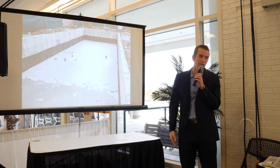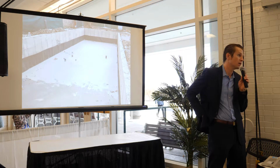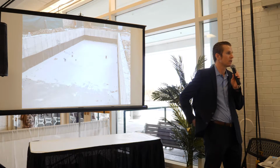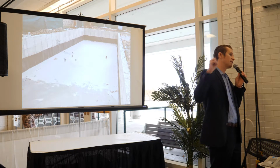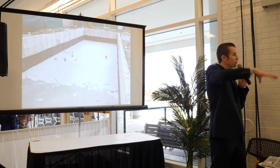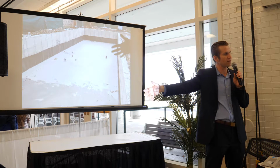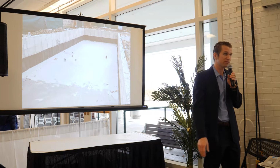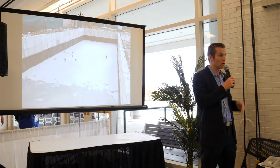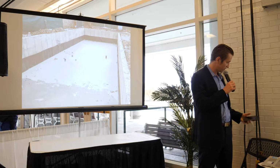So the 2 pits, one of them is for your rainwater. Your rainwater, that's commonly referred to as your sump pump. So that takes the rainwater and takes it out to somewhere either the front or the back or the side of the house. In the city of Chicago, the sump pumps actually get tied into the sewer system because the houses are so close to each other. So that's why